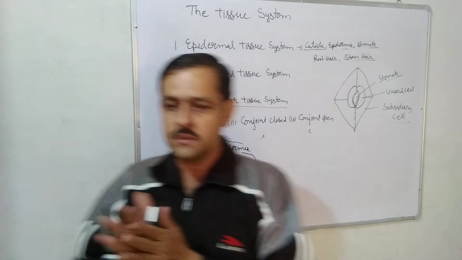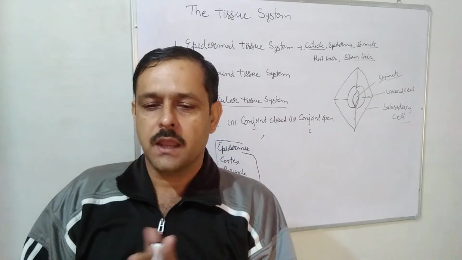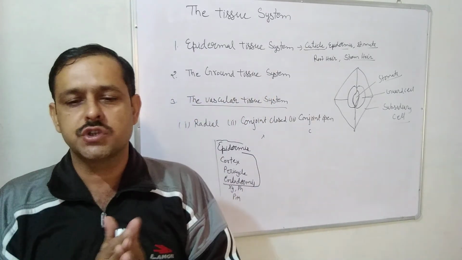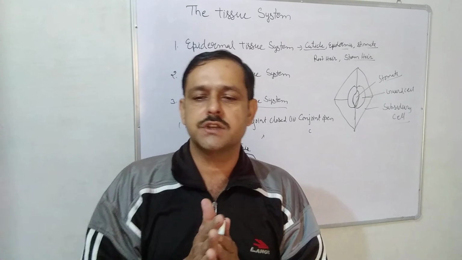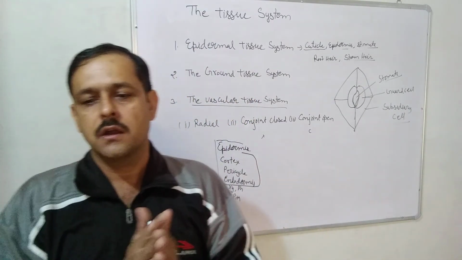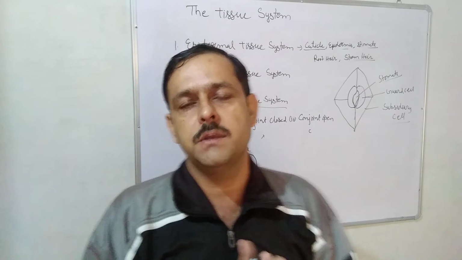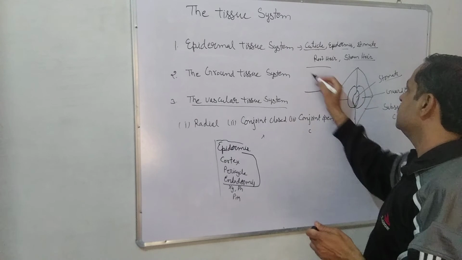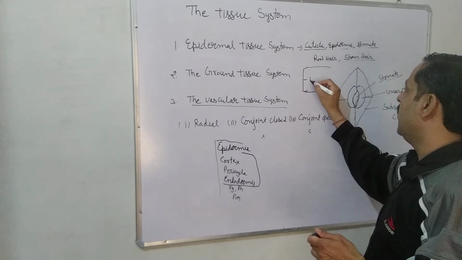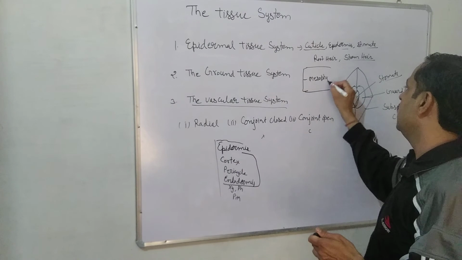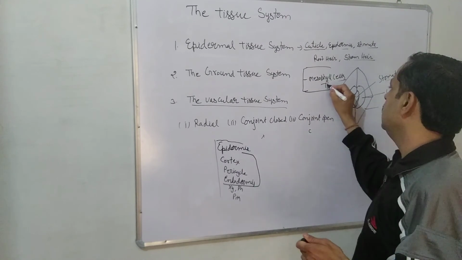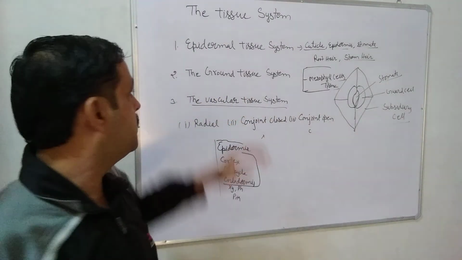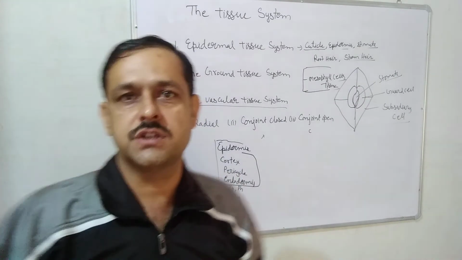Parenchyma cells are usually present in cortex, pericycle, pith and medullary rays. In leaves, the ground tissue consisting of thin-walled chloroplast-containing cells is called mesophyll. Whenever we talk about leaves, there are two epidermis layers, and between the two epidermis layers, all the part of the leaf is called mesophyll tissue. So these structures make up the ground tissue system.